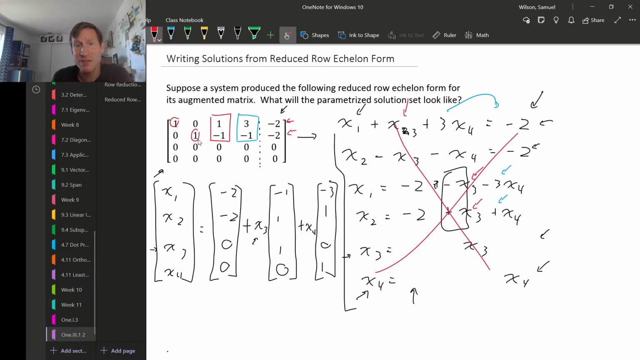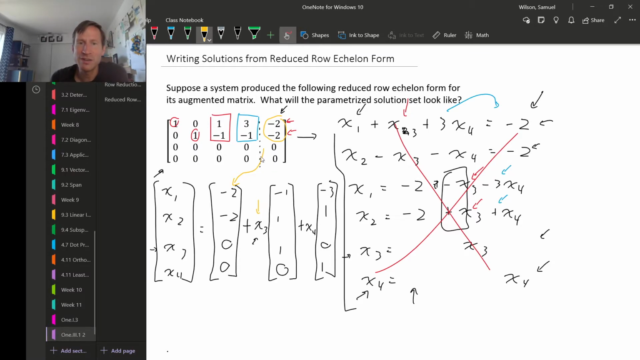For rows with pivots, take those entries in our augmented column. Those go in a vector on their own. Free variables get zeros in this term. And then for each free variable, or for each non-pivot column, which corresponds to a free variable, we get that